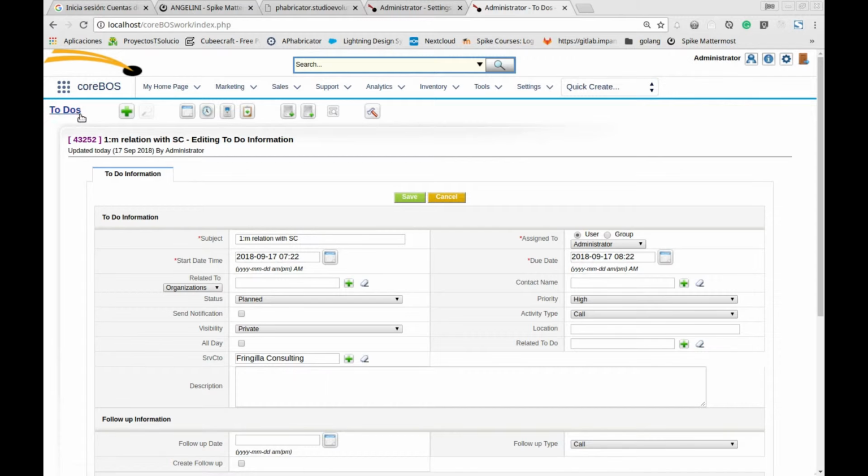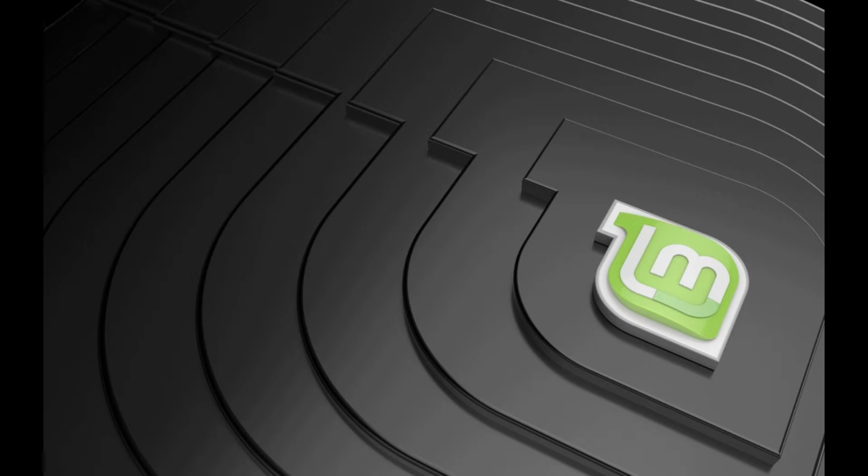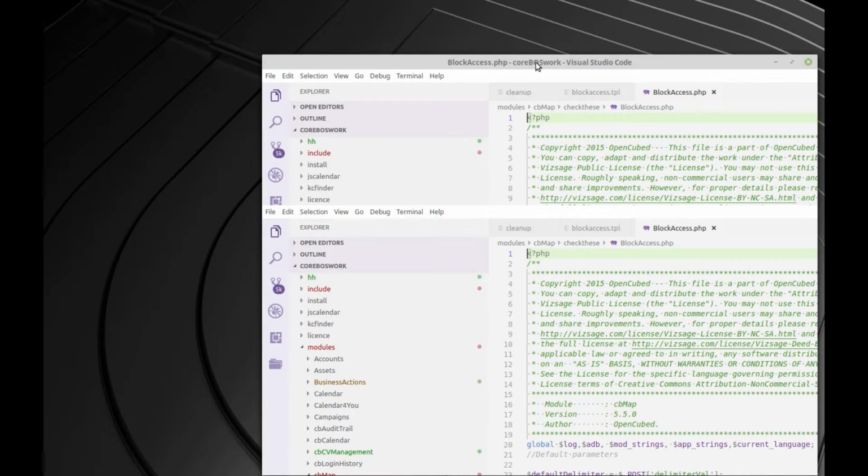Okay, let's go back, and now I have, okay, it eliminated also the relation with service contracts, which is what it should have done, because that relation is not good anymore. So now we're going to program this new relation, and we're going to put it into this related to field. To do that, we have to rev up our editor,